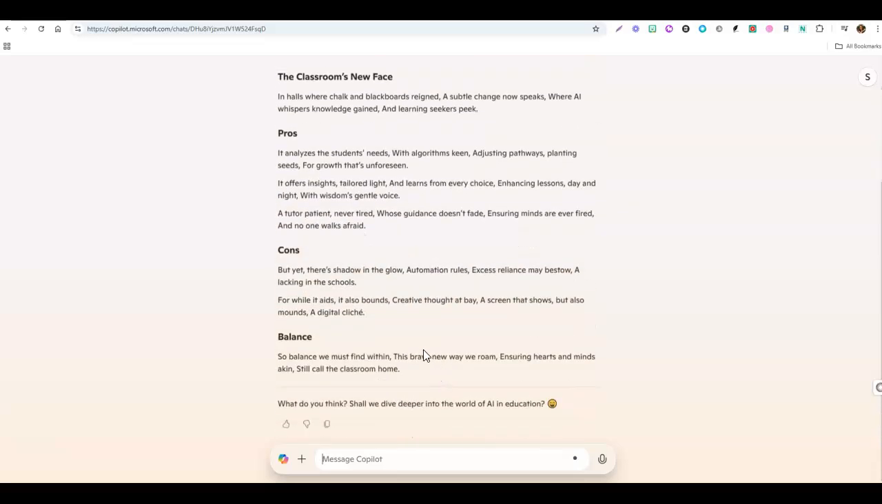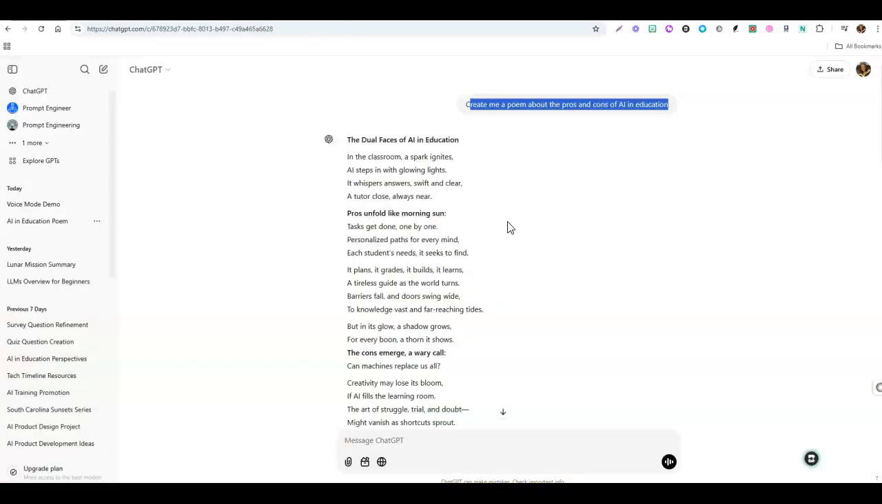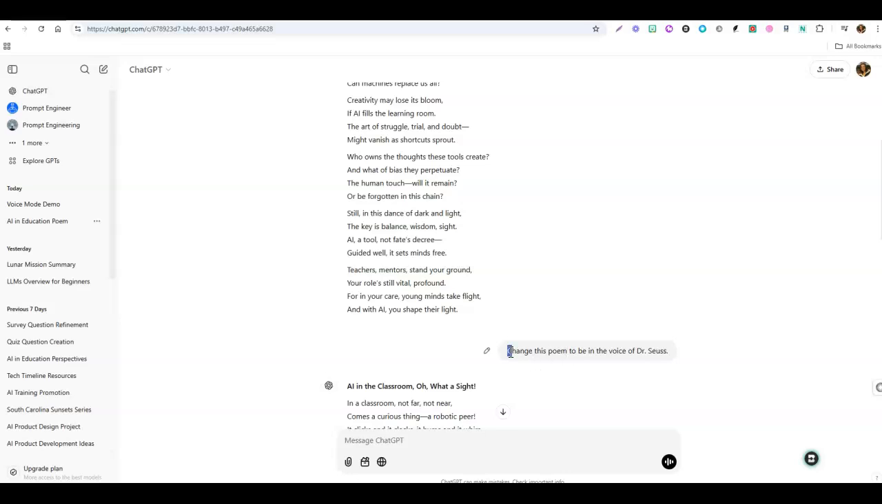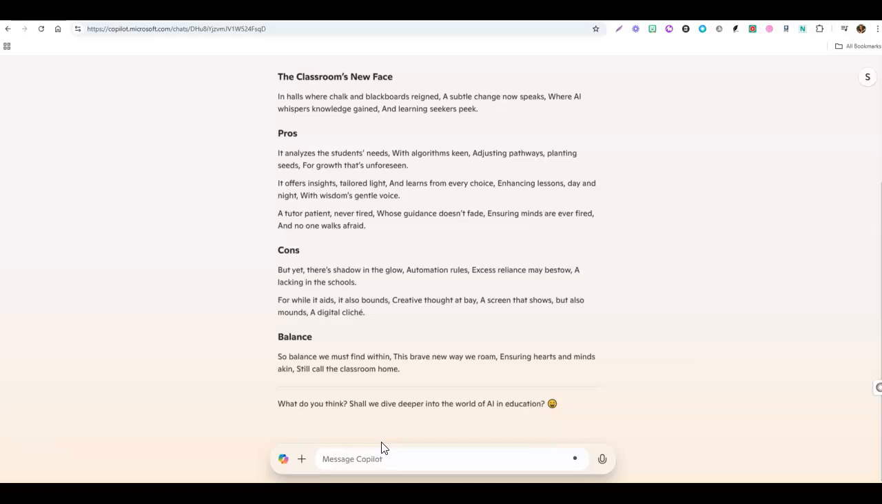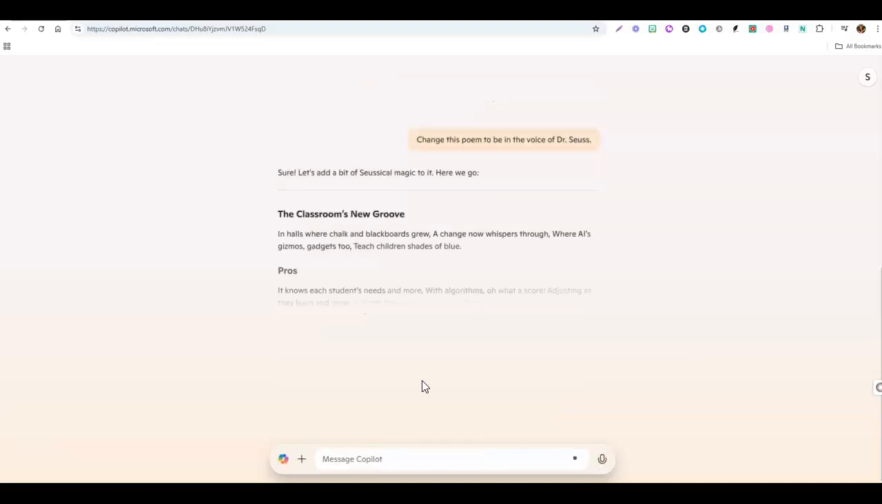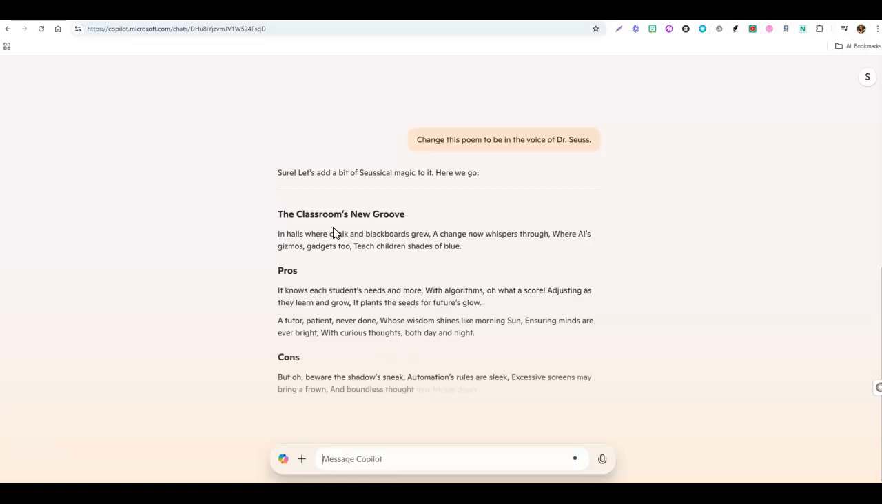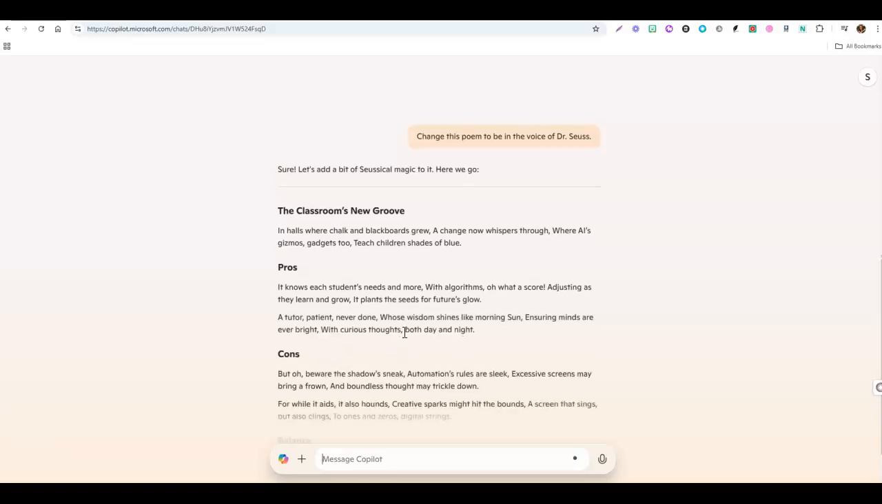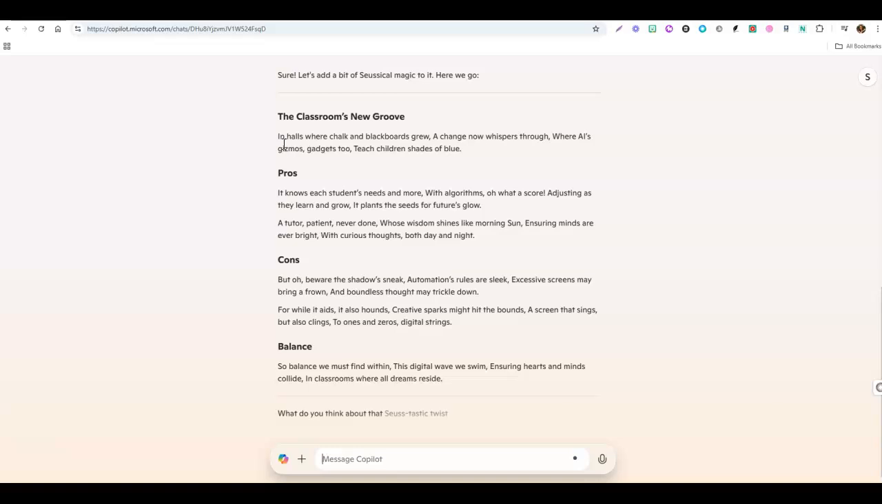So what would you be looking for? It's also asking me here, is this good? What do you want to do with this? So let's ask it our next question about changing this into the voice of Dr. Seuss. Okay, it kept the same layout that it had, and we've got gizmos and gadgets too. It does read more like Dr. Seuss. And we could say something like,